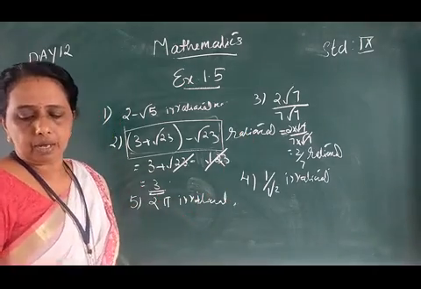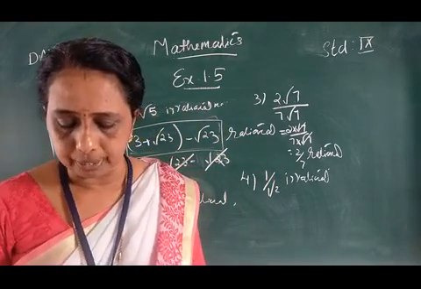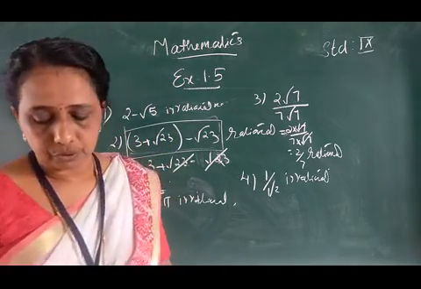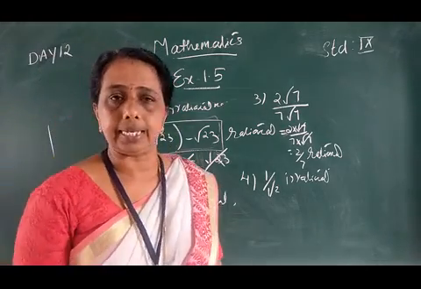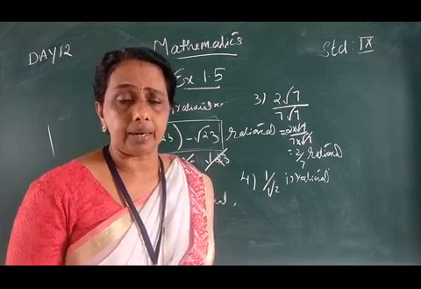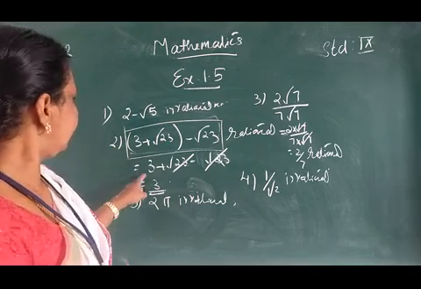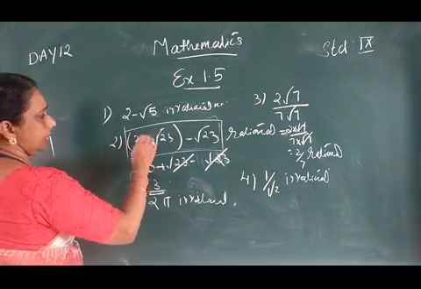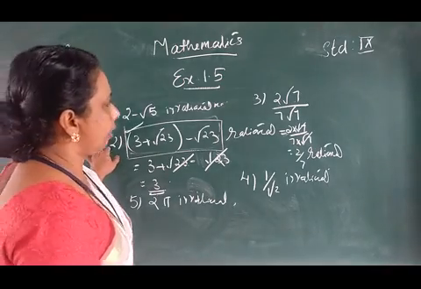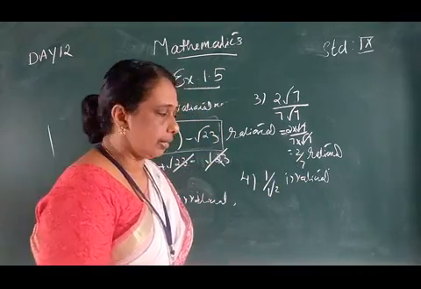So we can classify the first questions. There are 5 questions. Classify the following numbers as rational or irrational. Okay, the first one is 2 minus root 5. It is an irrational number. You know the difference between a rational number and an irrational number is an irrational number. Second one, simplify, we get 3. Here rational numbers are there, but on simplifying we get 3. Therefore, this number is a rational number. Third one, the root 7 is cancelled. We get 2 by 7. It is a rational number.